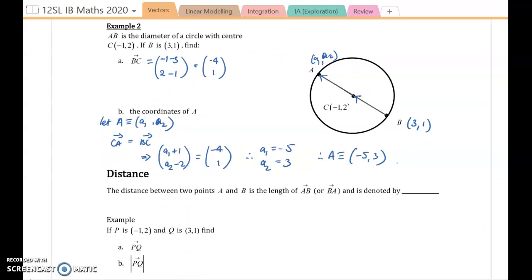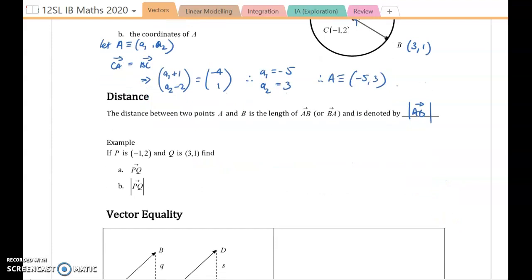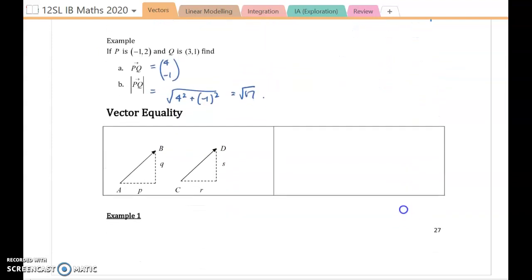Now for distance, as I said, we denote it using the absolute value sign, and we actually call that the modulus. So if you hear me say modulus, you could think distance or length, either one, they're like synonyms. For this example, I'll quickly go through that as well. For vector PQ, 3 minus negative 1, 4, 1, negative 1. So the length of it would be root 4 squared plus negative 1 all squared, which is root 17, which we've previously done. So that is like us using the distance formula. Okay,